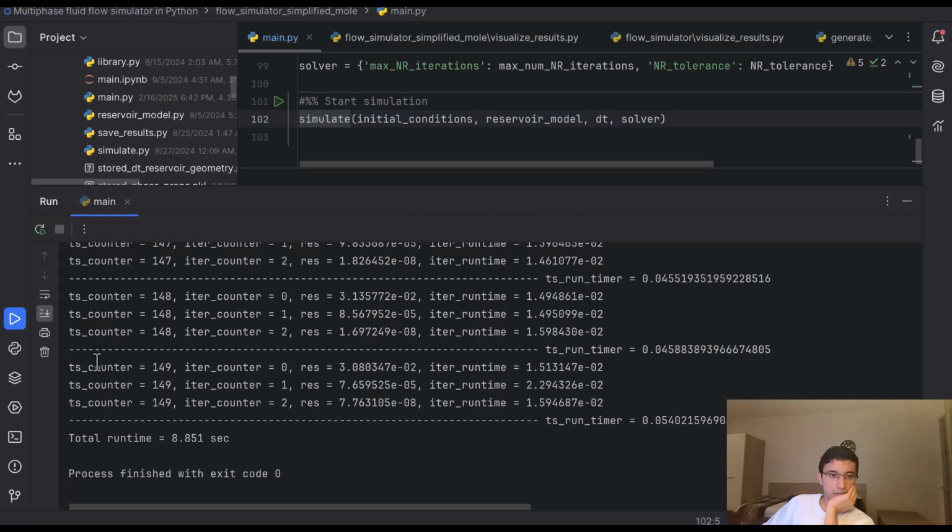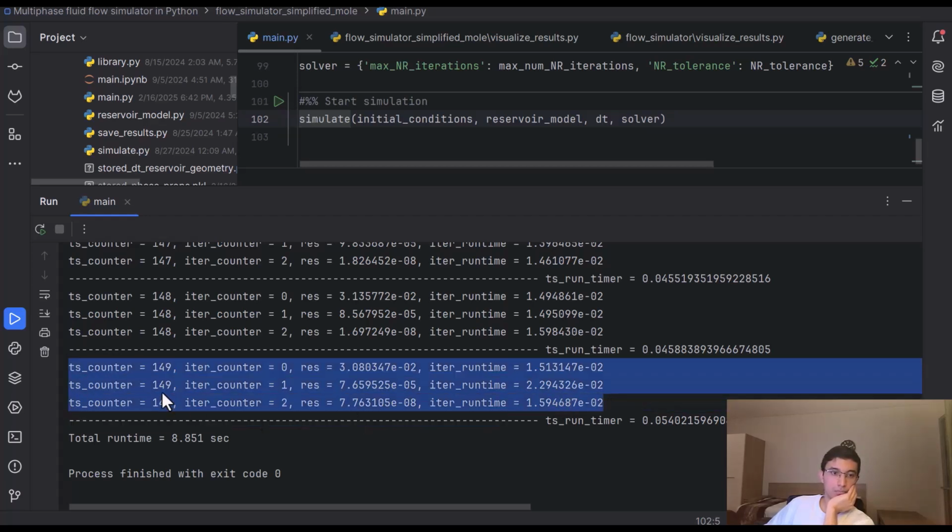Between these two dotted lines, we have the information of one time step. And each line indicates the information of one iteration. As you see, between these two lines, the time step counter stays constant because this block is actually for that time step. And for this time step, as an example in this case, we needed 3 iterations to solve the equations. And this is the residual, the norm of the residuals